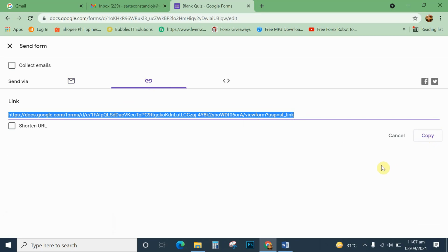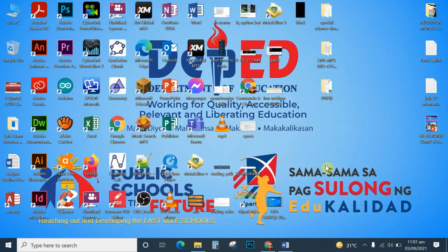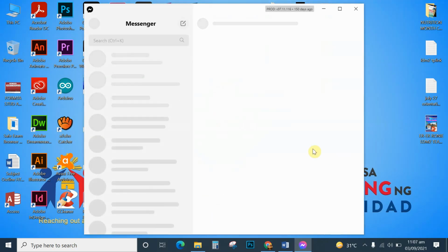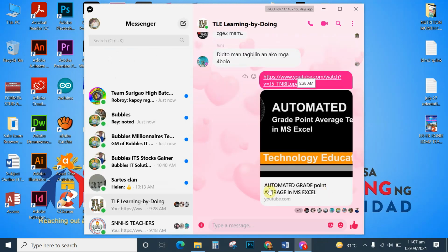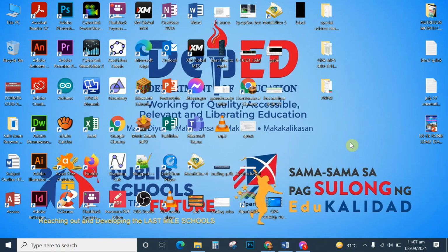After you copy, you go to your group in Messenger. To your group in Messenger, for instance, and then you just simply paste it here. For instance, this is your group. You paste it here, and then you click send, and that will already send to the group of your students. So that's all for